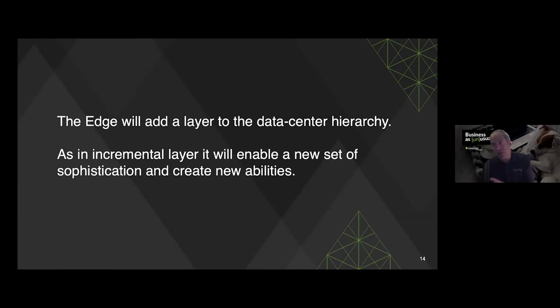I think the first one is about the data centers and how we think about data center hierarchy, cloud, data center, and network hierarchies. The edge, if you think about it as being part of the so-called fog layer, right? It's there to intercept data that's traveling between devices and the centers of the network. It's there to do aggregate processing and either pass the results back down to the devices or send them back up the chain towards the middle. So the edge is adding this complexity. It's going to be significantly sophisticated.